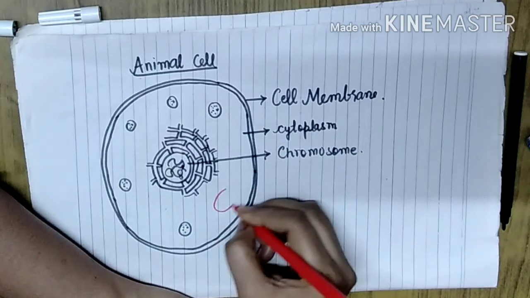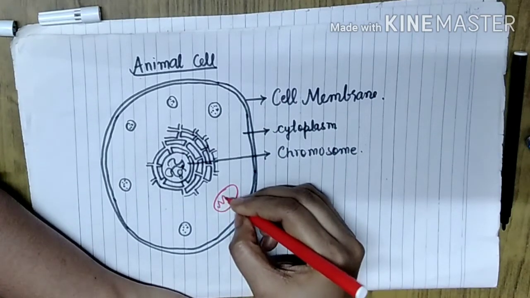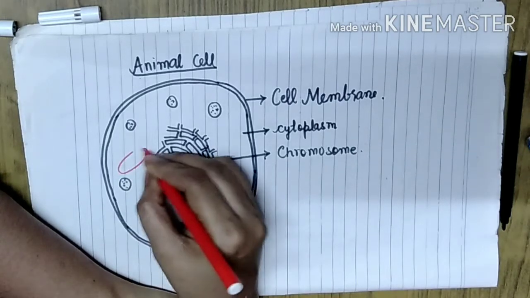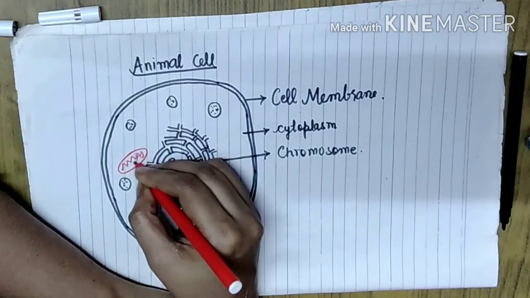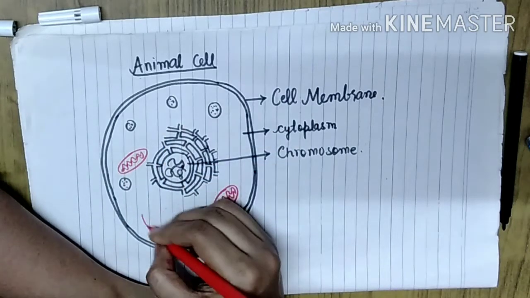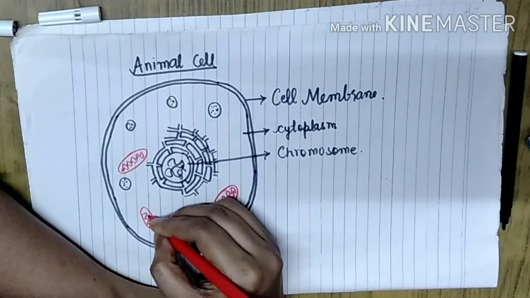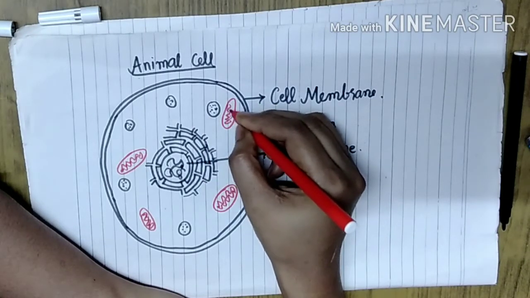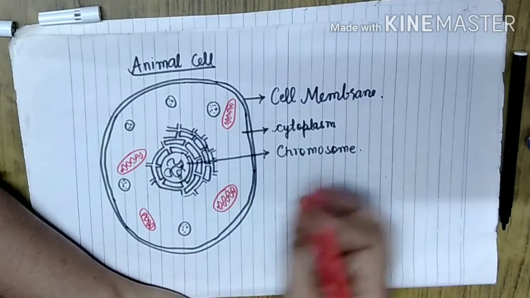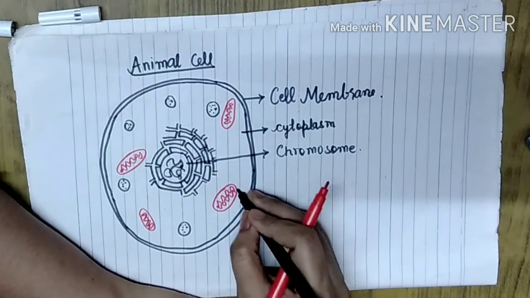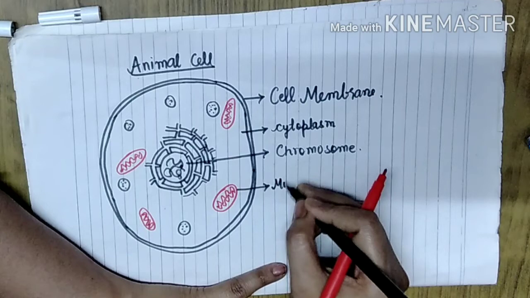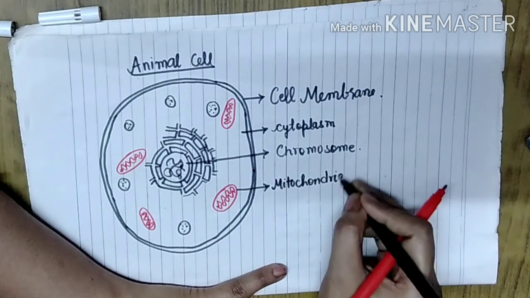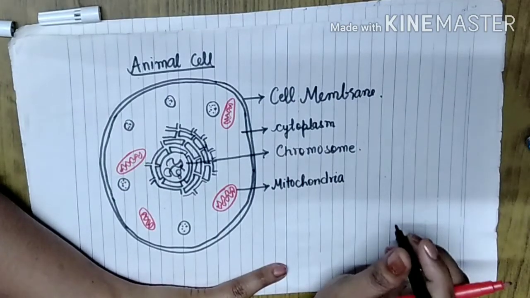Now we will learn how to draw the mitochondria. You have to make another circle, and then show the zigzag line in between, that are the cristae. And these mitochondria are the powerhouse of the cell. The energy for the cell to do its work is provided by these mitochondria. So draw them spread throughout the cell structure. No need to overcrowd the cell to show the mitochondria, but they are essential to be shown.